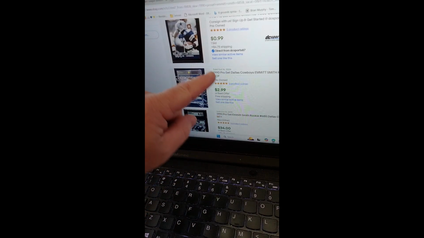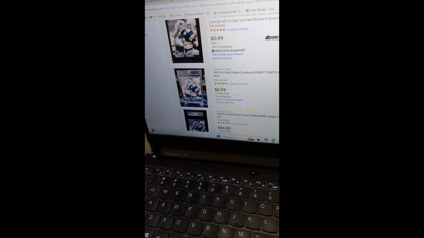So say you come in here and you see 20 or 30 bids from $1 to $3, and then all of a sudden there's one bid for $50. Okay. What is that? Often, unfortunately, that is what they call shill bidding, where what somebody will do, it's normally on more